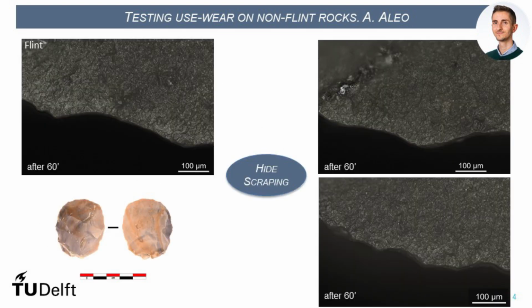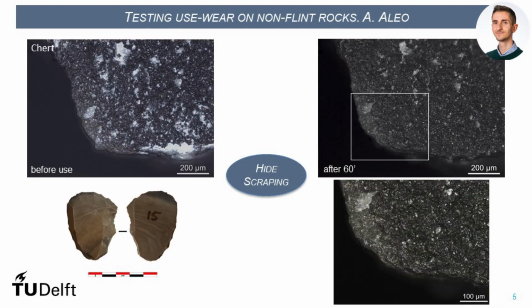Scraping hide with a flint tool resulted in light to moderate edge rounding and an invasive polish with a rough and greasy texture. Polish developed in a characteristic band and follows exactly the shape of the edge. The same holds for chert. Hide scraping produces a light rounding and a lightly developed polish distributed in a band along the edge with a